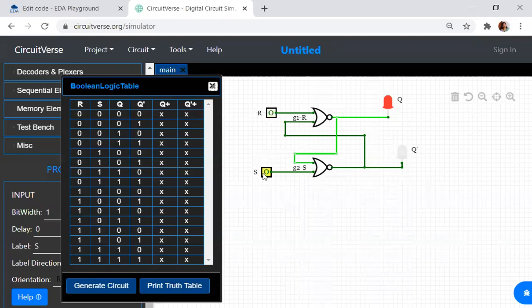Now when R is 0, if Q is 0, you can see over here, when R is 0 and Q bar is 0, I will get an output of 1. What is a NOR gate? When the combination for the NOR gate input is 0 and 1, 0 or 1 is